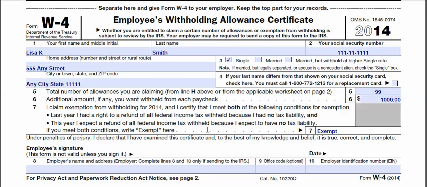So if you get a paycheck and you feel like too much tax is coming out, and let's say that you put one allowance in box 5 and you don't want quite as much tax to come out, maybe you'd want to change it and put 2 allowances in box 5, then you can do that, and then not quite so much tax will come out. And so you can find the place that you feel comfortable, that you're getting a paycheck that works for you,